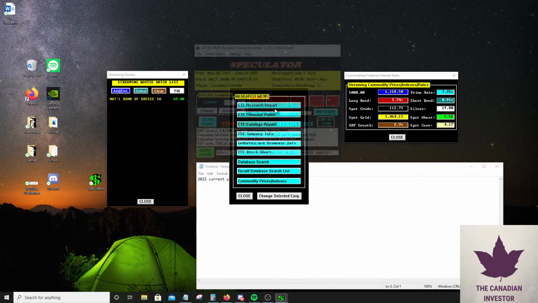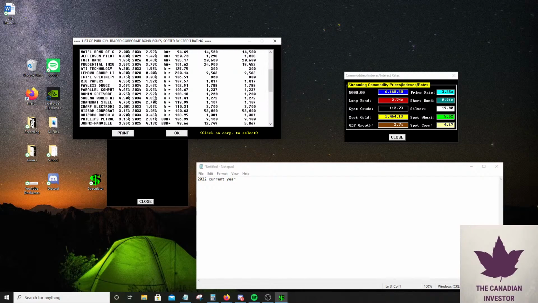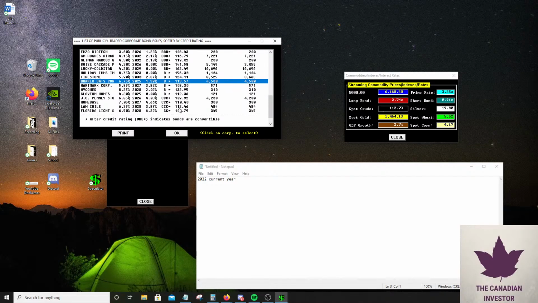So in this case, we're going to look for the bond ladder strategy. It's currently 2022, so we're going to look for a bond maturing very soon, just to add a little bit less risk to our idea. 2025, this is a B, so it's a little bit of a risk. I think as long as it's a short bond and it's considered junk, I think it's alright, but it might not be worth it. Who knows?